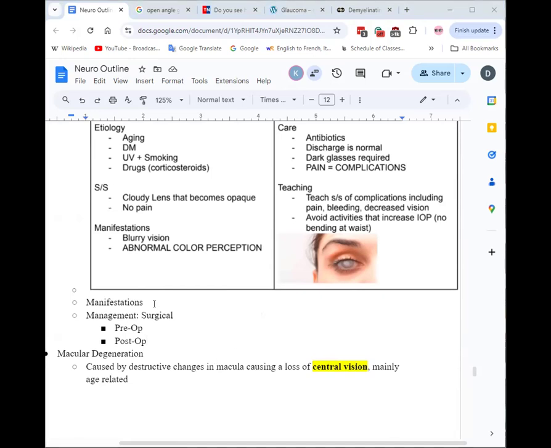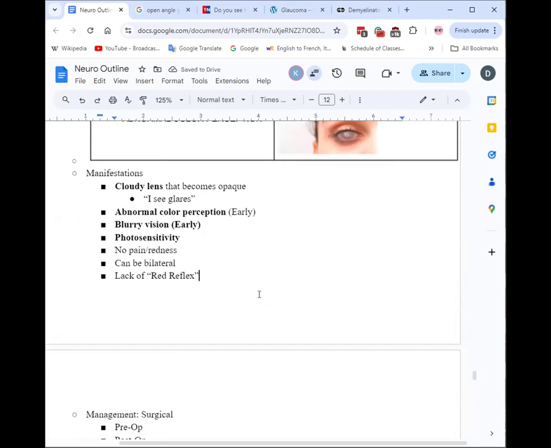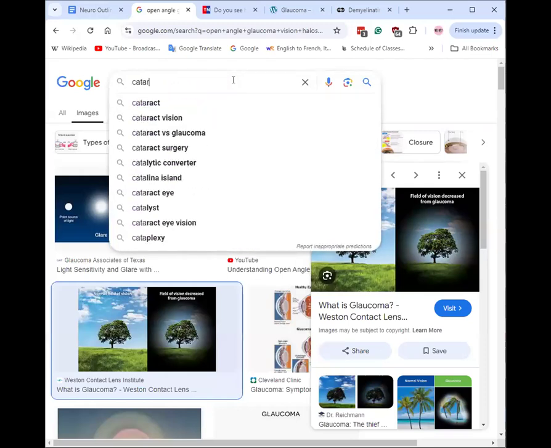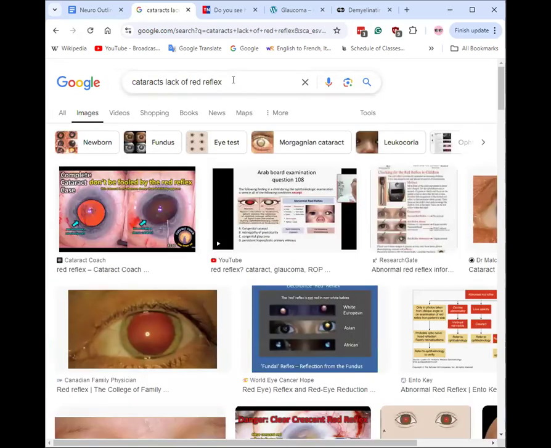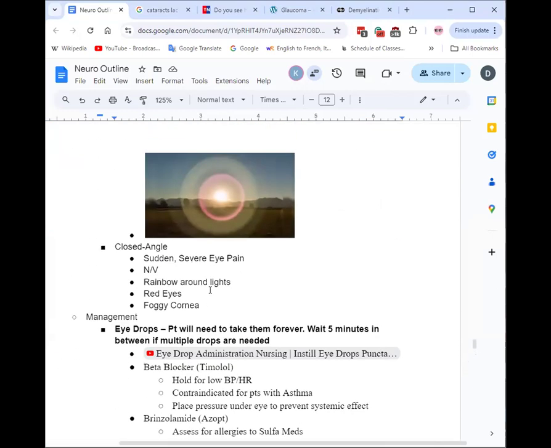Something I think I've seen on Kaplan is that you'll be lacking the red reflex, with photographs. Let's see what that looks like actually. It's interesting. But I think this one's actually for comparison to something. Or am I misremembering? Yeah, it's a lack of red reflex. Sorry, the red reflex was meant to be here. The red eyes, that's the red reflex.